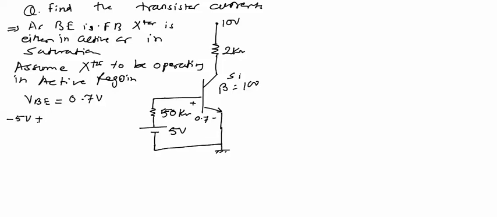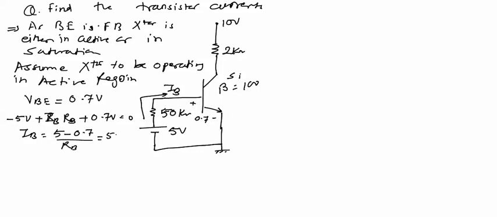minus 5 volt plus IB into RB, the current IB will be like this, plus 0.7 volt will be equal to 0. So IB will be 5 minus 0.7 divided by RB, which is equal to 5 minus 0.7 divided by 50k. It is